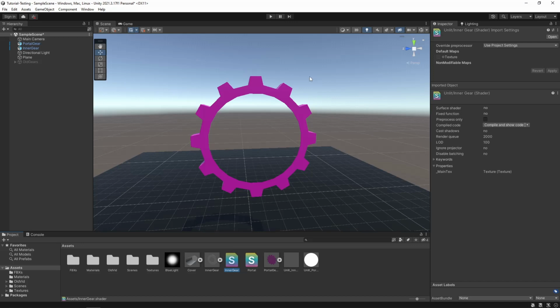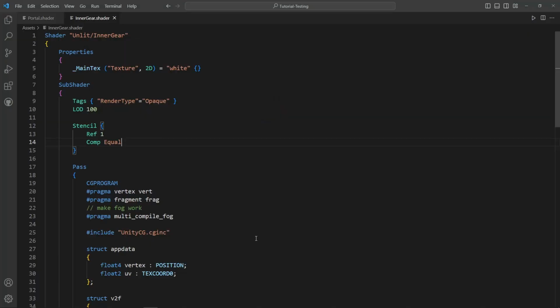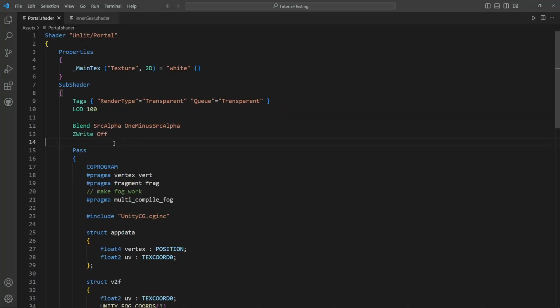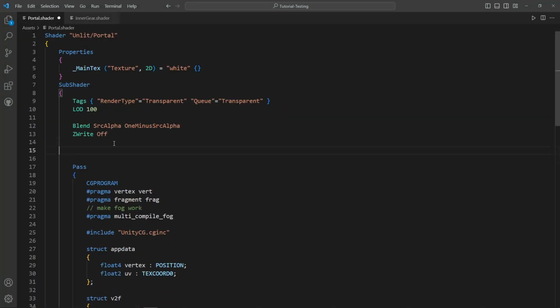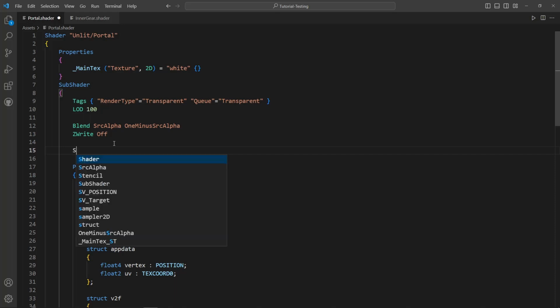And the gear disappears, and that's because nowhere in the stencil buffer is there the value 1. Everything is 0 right now. So there's no pixel where the gear is going to be drawn. So now let's go back to the portal shader, and we're going to create some places where the stencil value is 1. So I'm going to write Stencil,